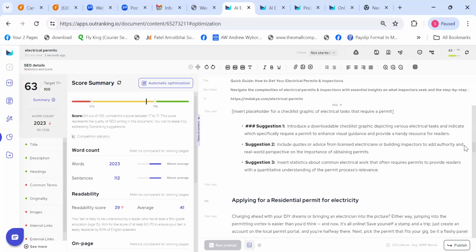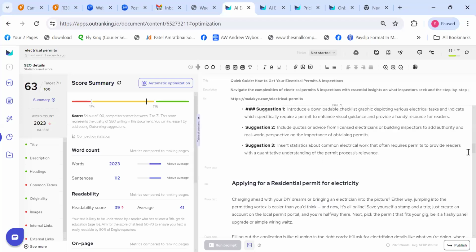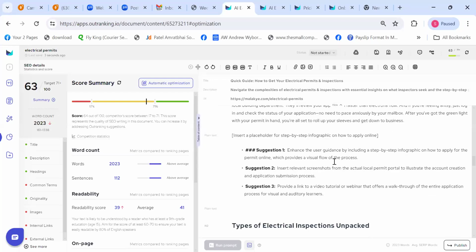As I said, everyone is going to write using AI, but how you write your content and how you provide additional information is going to be the leverage point where you get the brownie points and good ranking. And if you see the suggestions that are coming up here, they are very much in sync with expertise, experience, and trustworthiness. So it will tell you to add a testimonial.